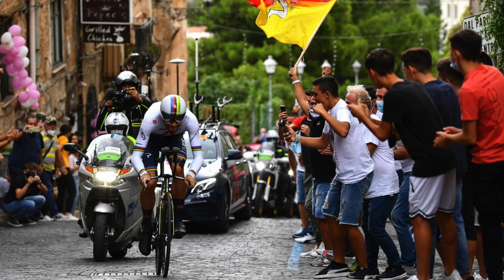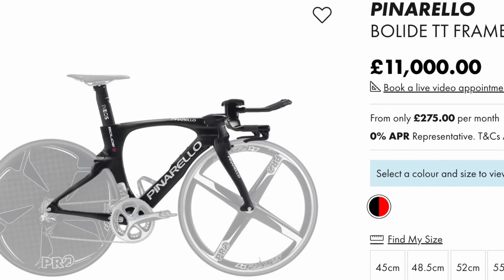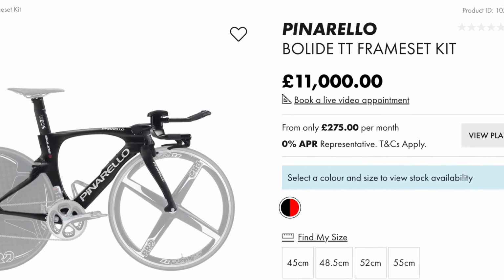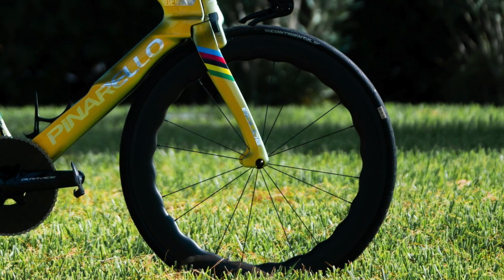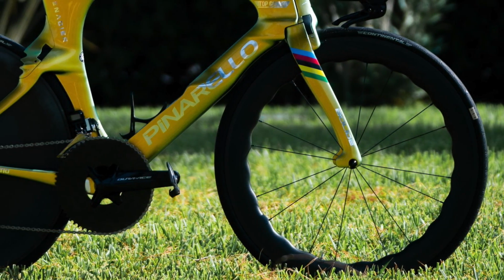Now onto the main part, the price of this bike. Prices do vary when it comes to this bike, but I will give you the set price of the frame alone because it is quite a shocker. The price of the frame itself, with just the handlebars as well, is around about £11,000. Filippo Ganna's wheel set is what you expect from a well-financed World Tour team, as it's using deep section wheels at the front